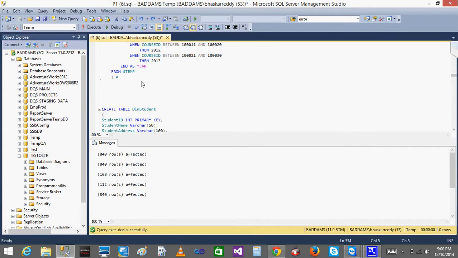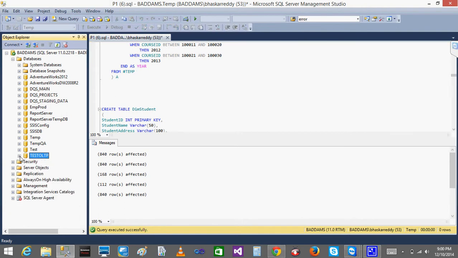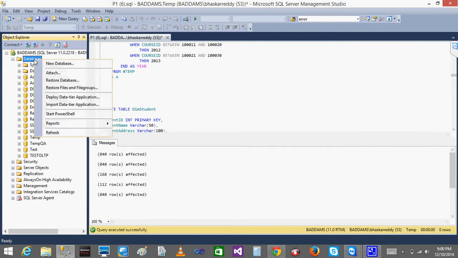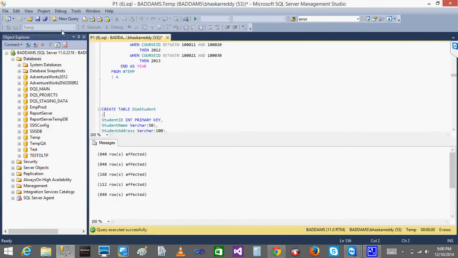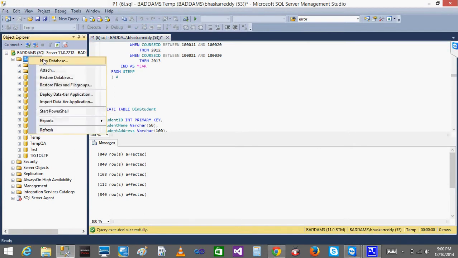Yeah. See, previously why it was not changed, because we were connected to this OLTP database, right? We are connected to the database and we are trying to change it. That's the reason it was not changed, because there are some users connected to this database. So that's the reason you can't change it. So when I changed to a different database and then changed it, I was able to do that. So now I'll go to the new database.